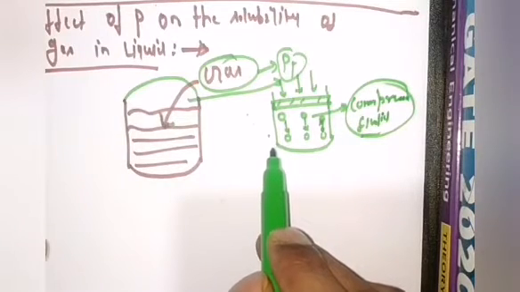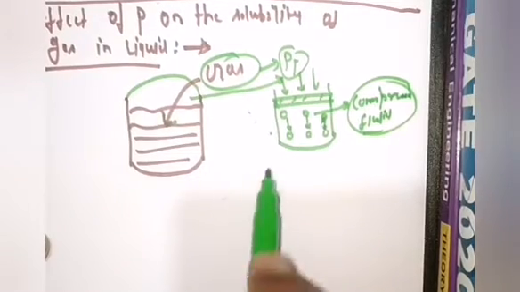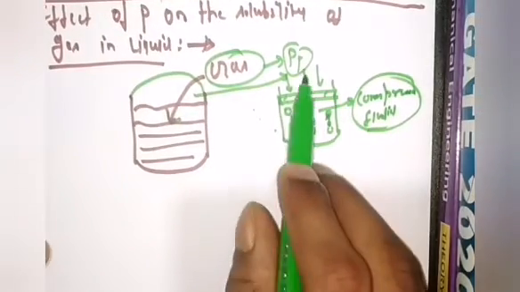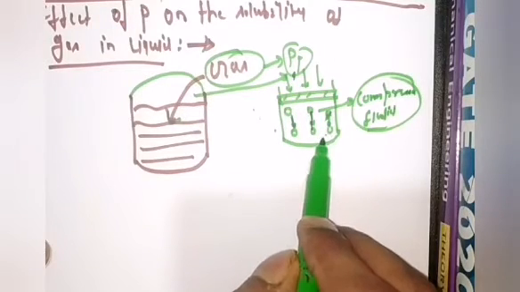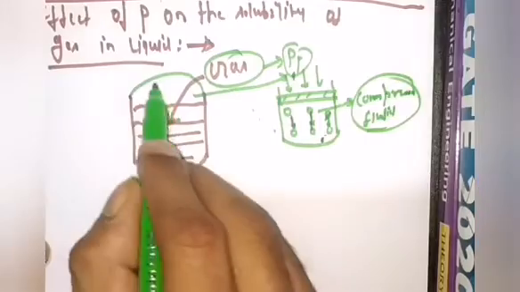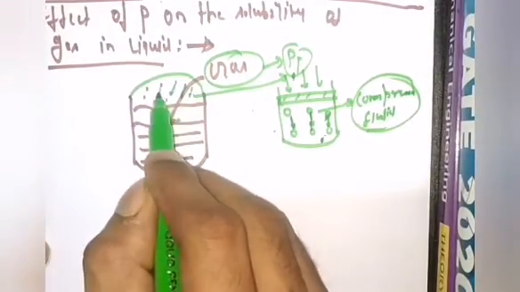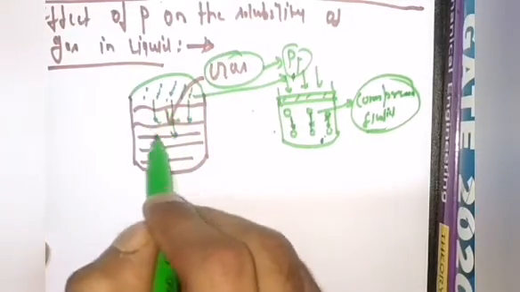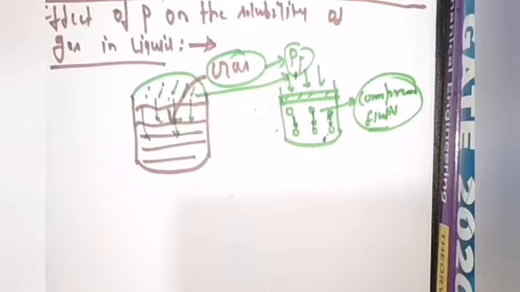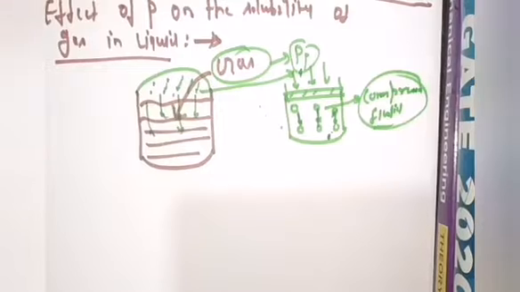Okay, now understand the actual mechanism of the dissolution of gas into a liquid. That will come over here. Now understand, if you increase the pressure, then what will happen? The intermolecular spaces between the gas molecules will decrease. When the intermolecular spaces decrease, what will they do? They will come closer. Because of coming closer, it may be possible that the gas will get dissolved into the liquid, and it may not be possible. It is not a necessary condition that it is going to dissolve into the liquid.